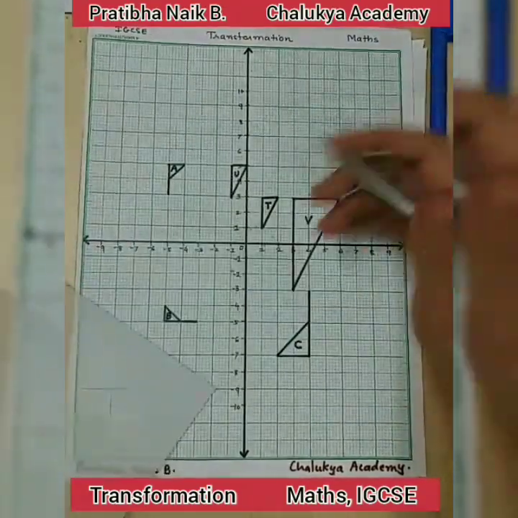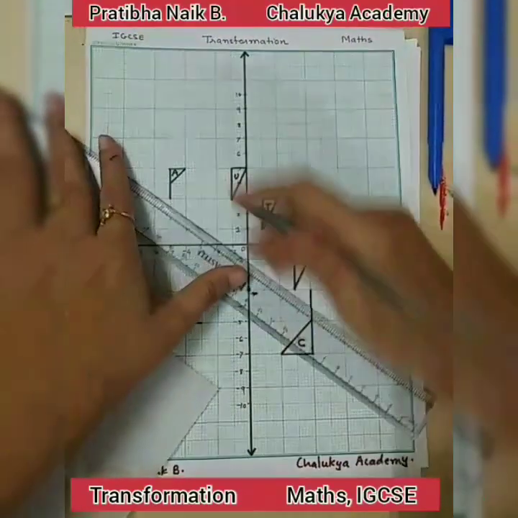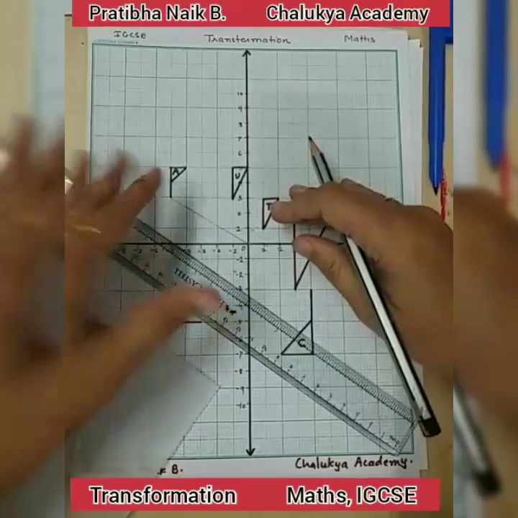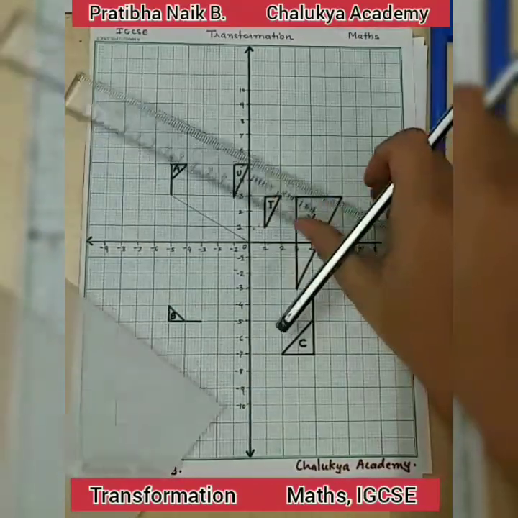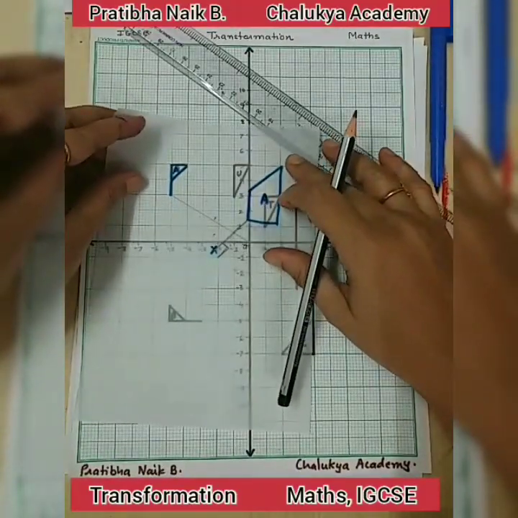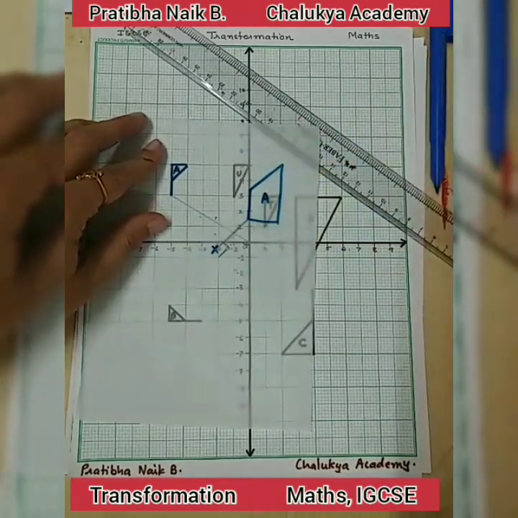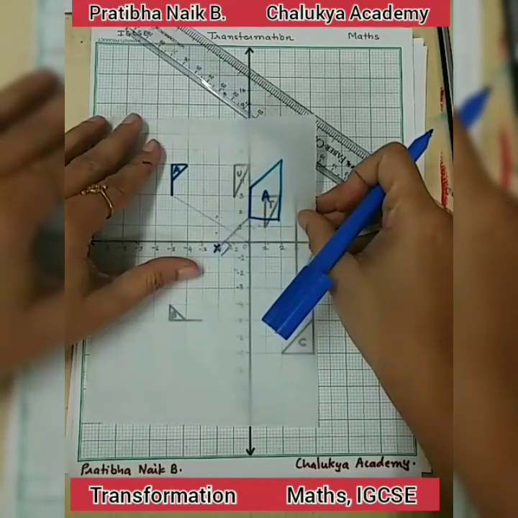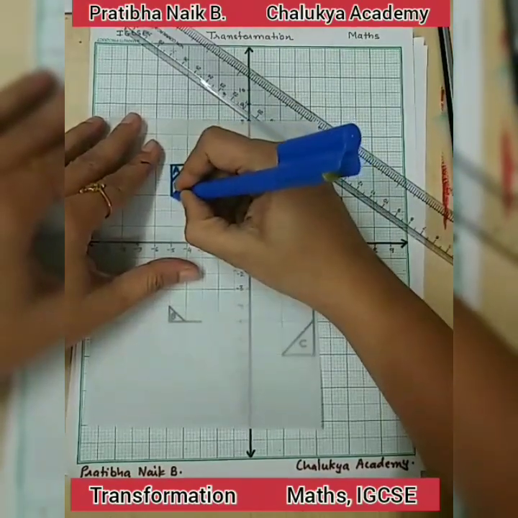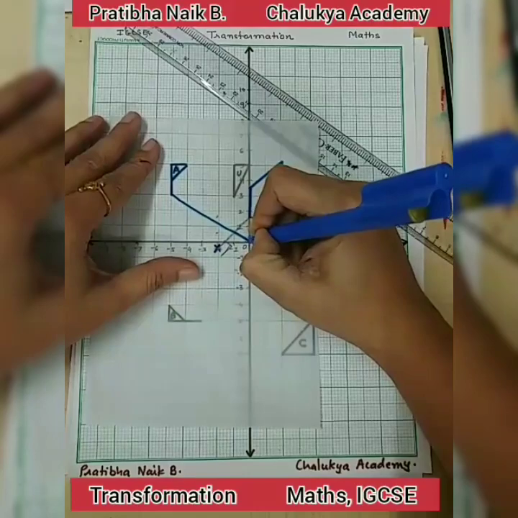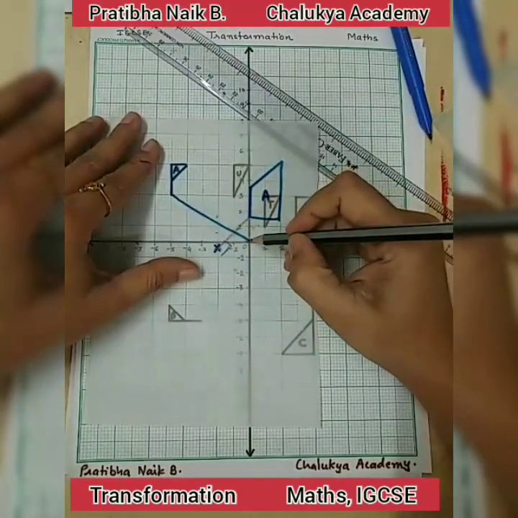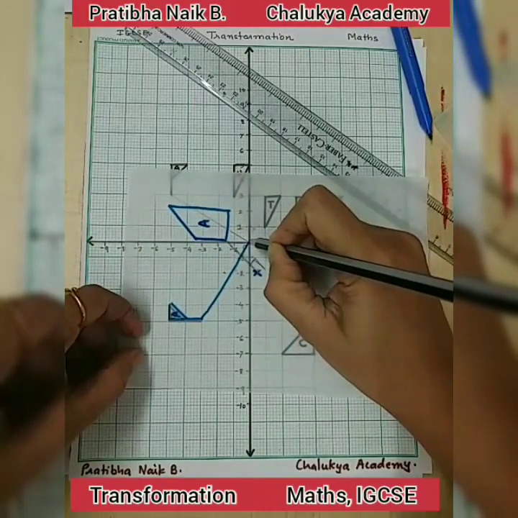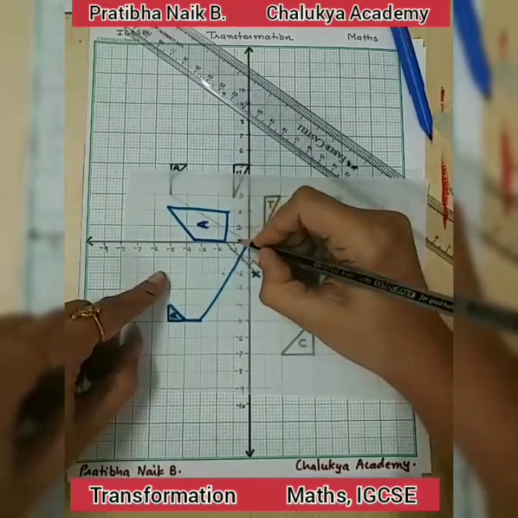So once I got the origin, I will draw the line, because now we got the type of transformation, that is rotation. Second, we got that is the origin. Now we need to know the angle, whether it is 90 degree, 360 or 180. See, this you can easily make out. Just I am giving you for information. So you can see here, again this is making 90 degree angle.